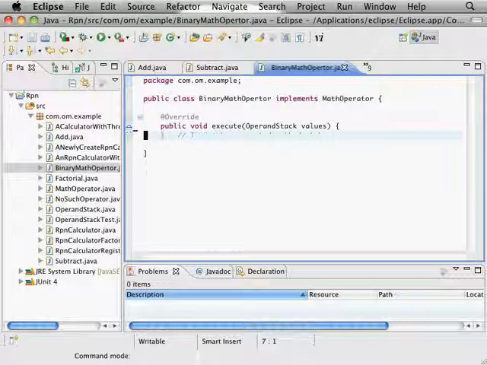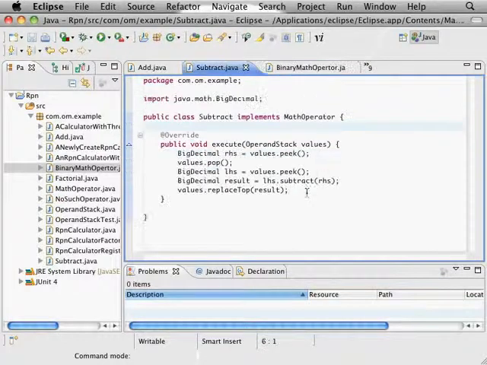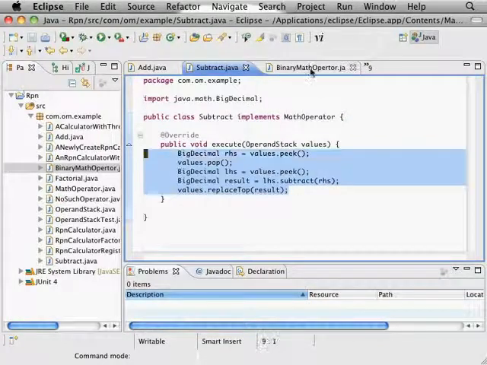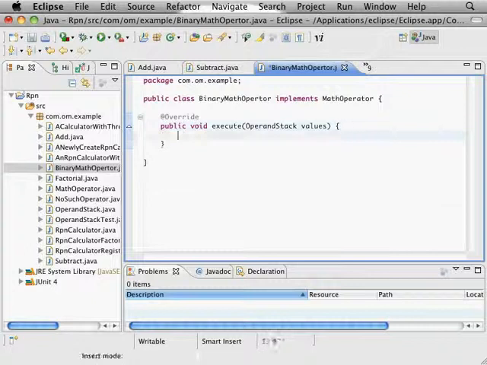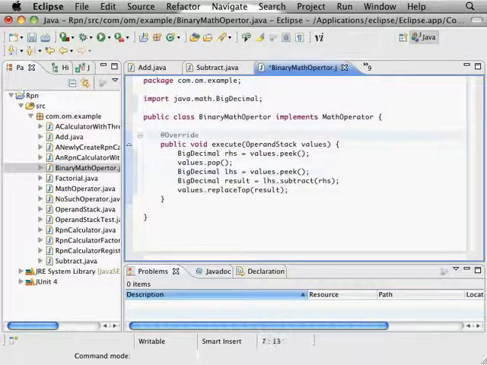And I need some code. So I'm going to copy the code from subtract, and then I'm going to try to remove the part that's specific to each of the subclasses and delegate. Okay, so this is the base method. It's going to acquire two parameters. It's then going to actually perform the work and then store the results. All right, so what I'm going to do for now, until I come up with a better name,